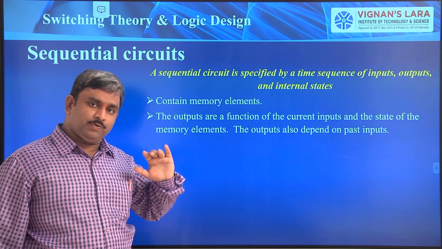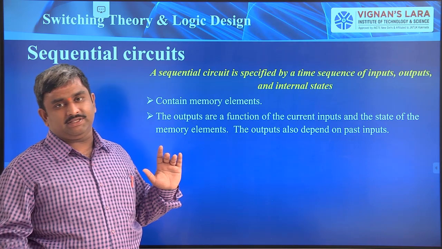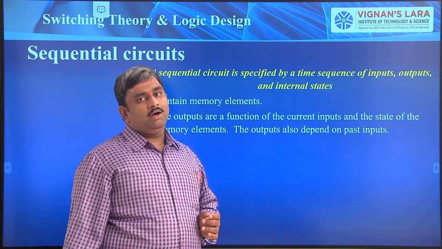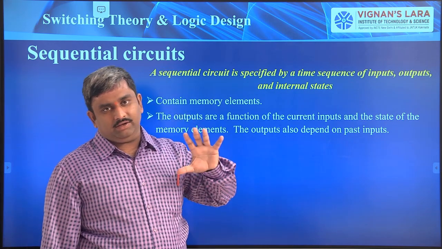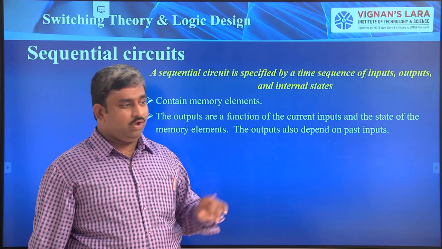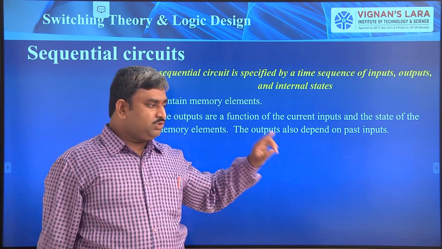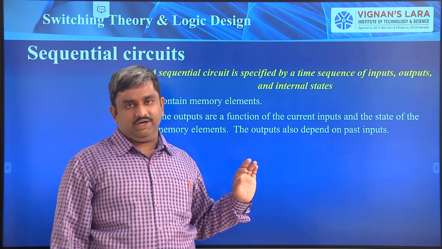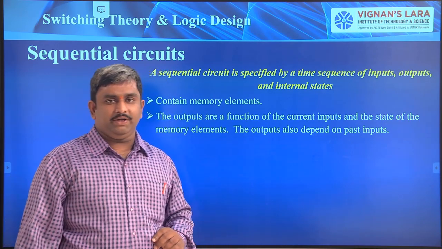Previous outputs decide the present state outputs, present inputs also decide the present output, and the state of the system also decides the present state of the output. It is a very simple thing. For example, a normal fan is a combinational circuit. When you switch on the fan, it automatically rotates. When you switch it off, the fan automatically goes to the off state. It is not rotating. Okay. So this is an example of a combinational circuit.